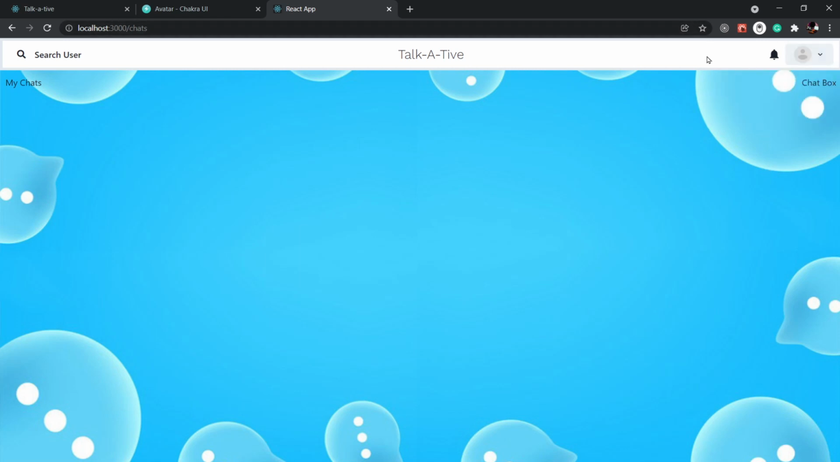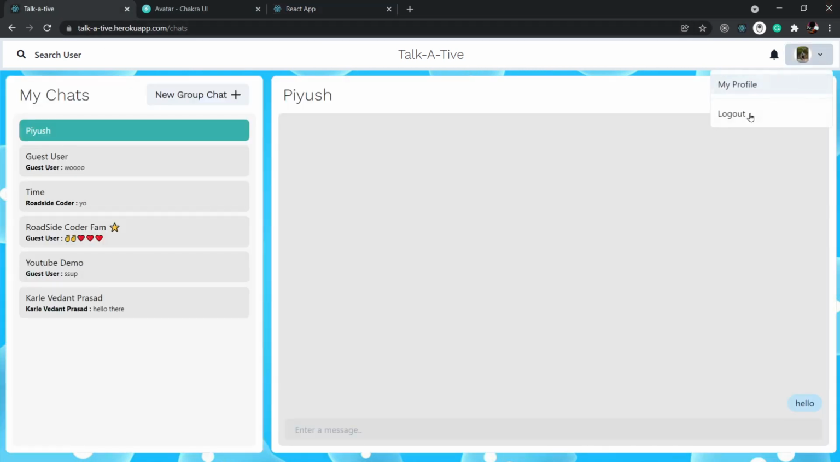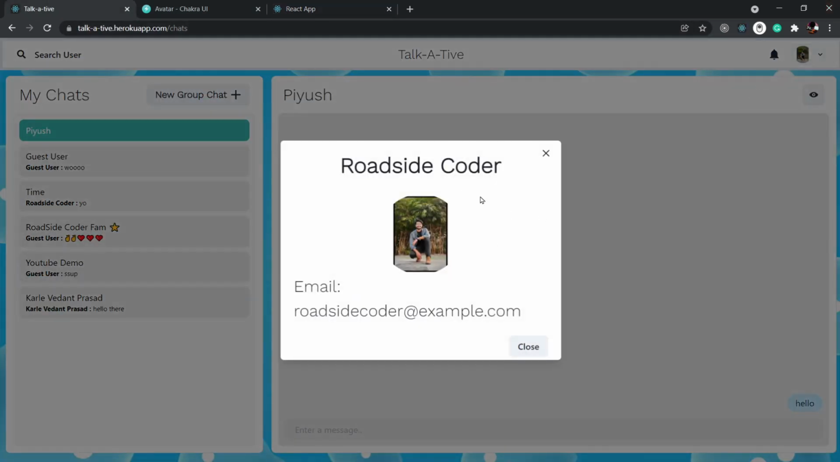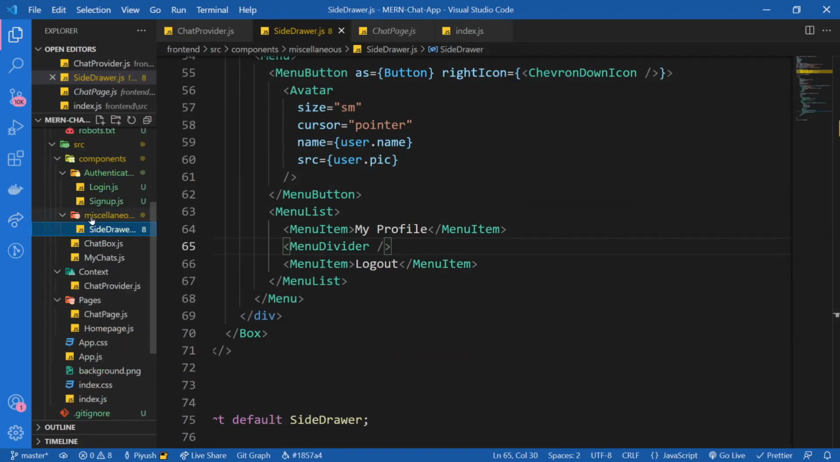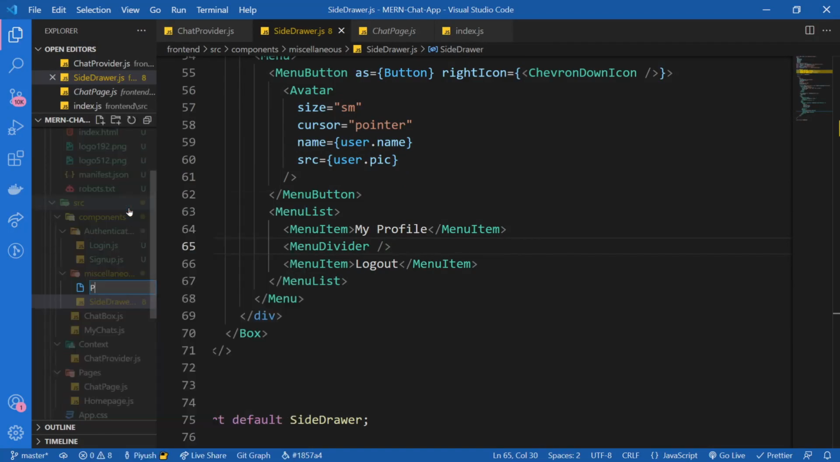So what I'm gonna do now is create this profile modal first. If you click on this and click on my profile, it's gonna display this profile modal. And then we're gonna create the logout functionality, and then we will move on to the sidebar functionality. So inside the miscellaneous folder, I'm gonna create a new file for the profile